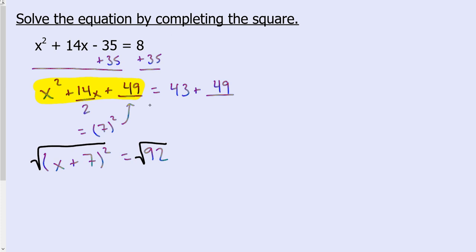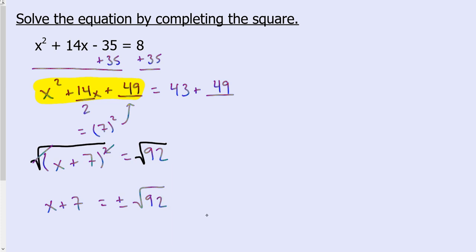It's a good thing you already know how to simplify square roots like that. Okay, so this ends up just being an x plus 7. So we don't need a parentheses, silly math teacher. So x plus 7, because that and that did each other in, equals plus or minus the square root of